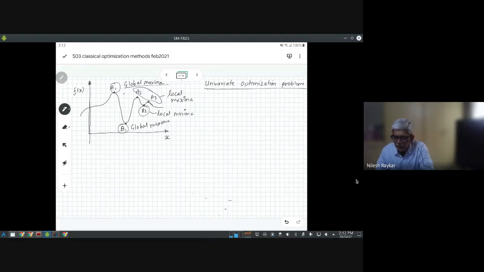There can be some points at each of which you find that the slope of the line is 0. So that is, f dash x is 0 at each of the points. But that does not necessarily mean that wherever f dash x is 0, your point has to be maxima or minima. There could be some points.